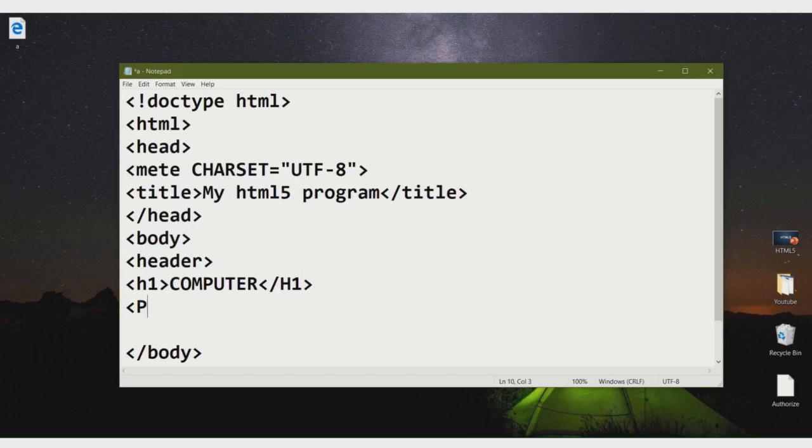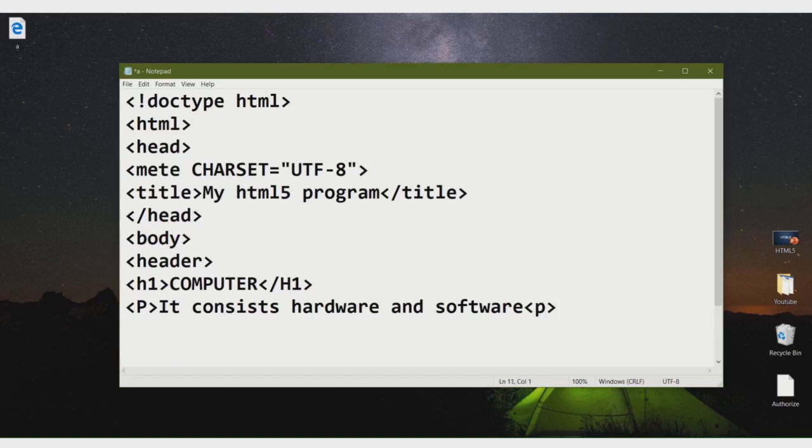Then P means paragraph tag. Suppose hardware and software. This is the paragraph.